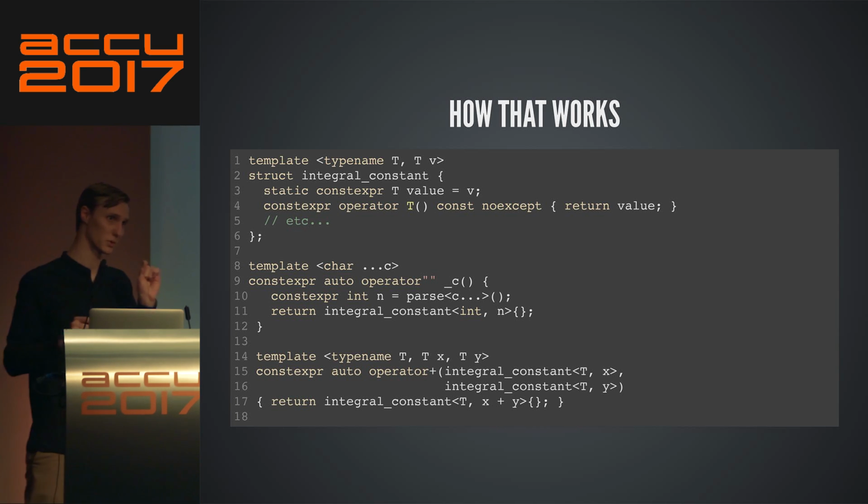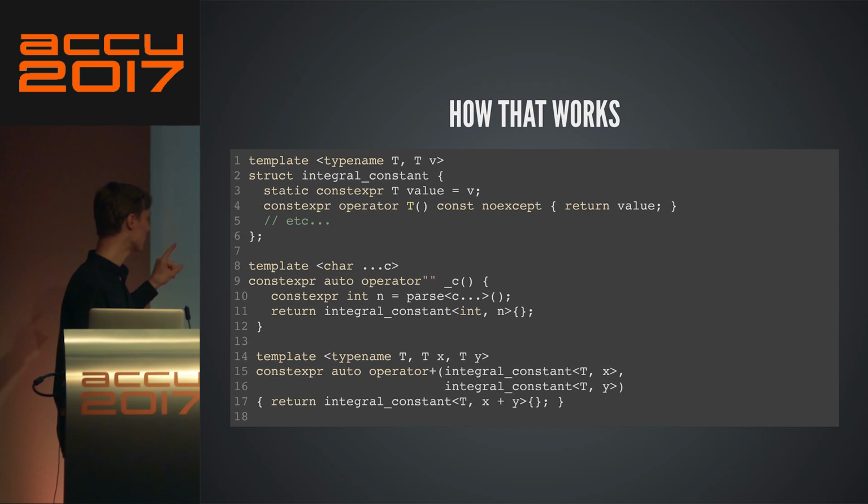It is really important to notice that I do not return an int, or in this case a T. I return an integral constant which contains a T, which is the result. And this is really fundamental. Everything would break down if I returned a T.